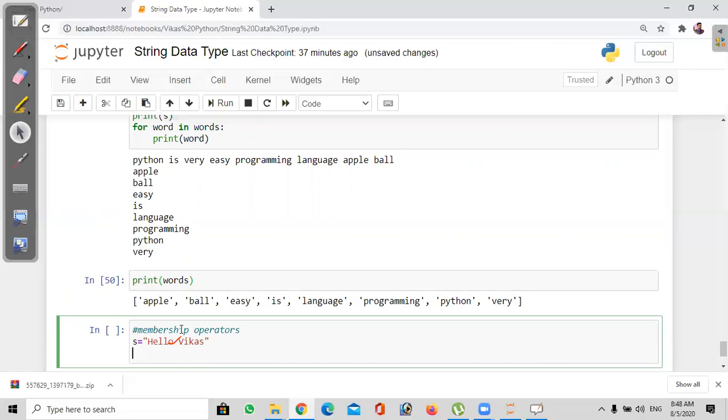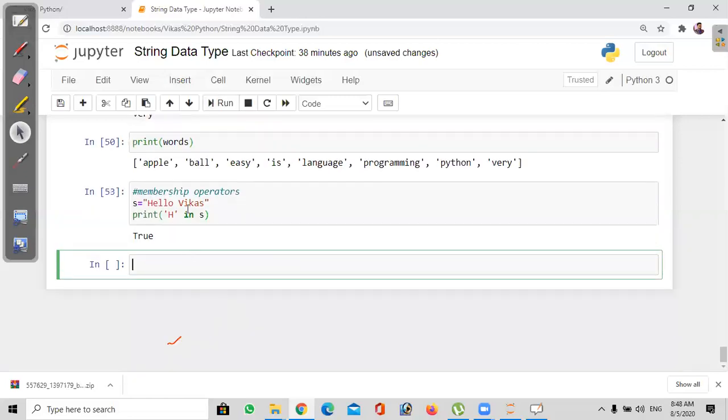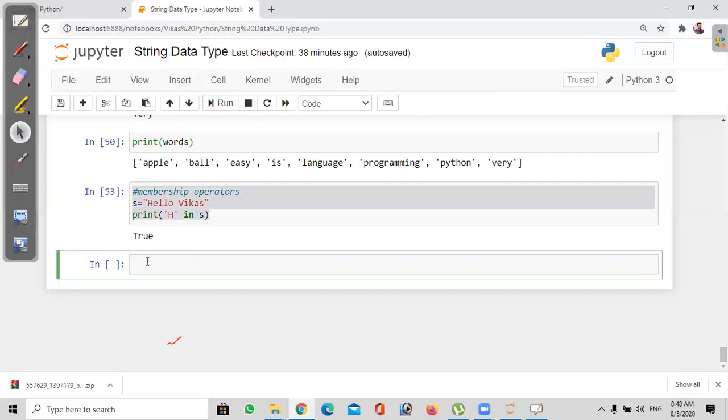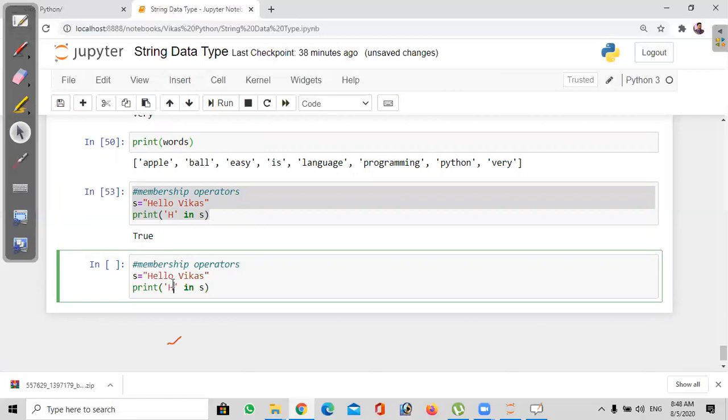So to do that, print of, which gives a true or false result. For example, H in s. So we are checking whether the particular character is available in s or not. H is available, that's why it gave true. This is called membership operators, just to check the availability.